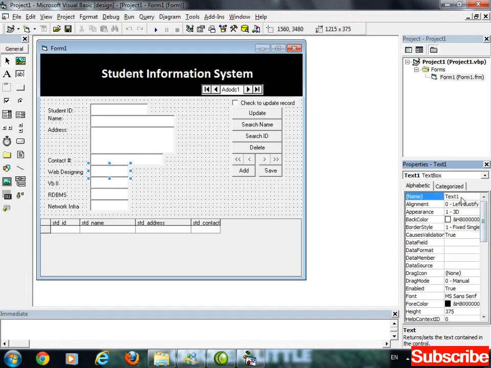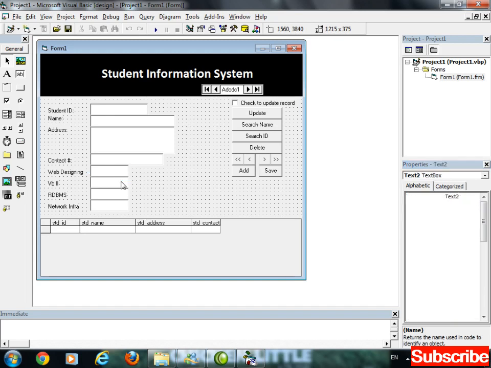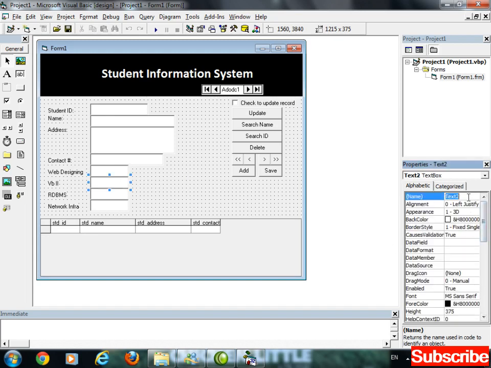So here is the name: TXT web. TXT means text box, TXT VB, TXT RDBMS, TXT network, net, TXT net. Okay.